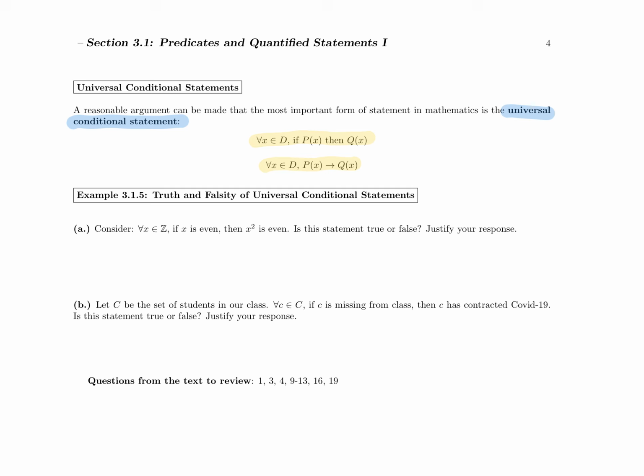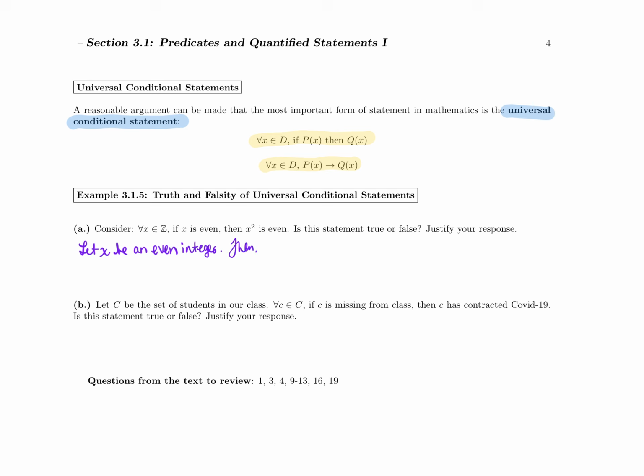need proof writing skills. So we're going to try to get around it just a little bit by saying, let's let x be an integer, right? But let's let x be an even integer at that. So it's an even integer. Notice what I'm not doing is arguing from one specific example. We can't just use 2, and 2 squared is 4, or 4, and 4 squared is 16. We're trying to claim it for every single even integer. So if we let x be any even integer, just an even integer,